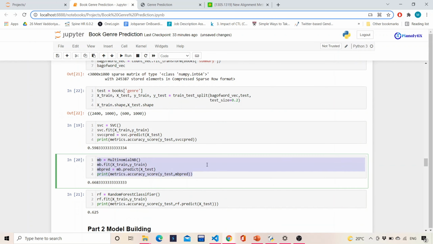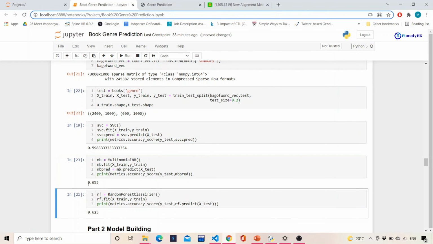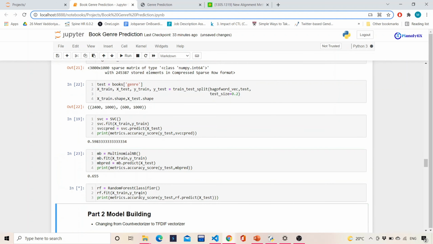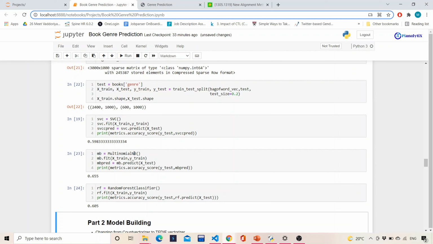Now we will try to fit some algorithms on this. Let's start off with multinomial NB, because it is very fast and works quickly on text data. It is giving me an accuracy of 65%. Let's try out the random forest classifier, which will take a little bit of time. The reason multinomial naive Bayes, is working well is that it does not understand the context. It works on the basis of counting: these words are occurring more, so these words get priority, and then some kind of distribution in the end. So in cases of text, multinomial naive Bayes, Gaussian naive Bayes, or linear models like support vectors also work well.